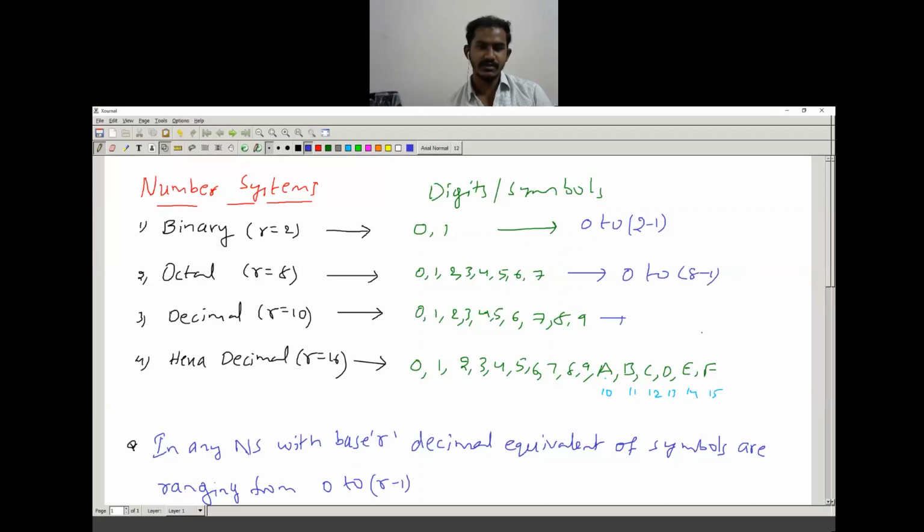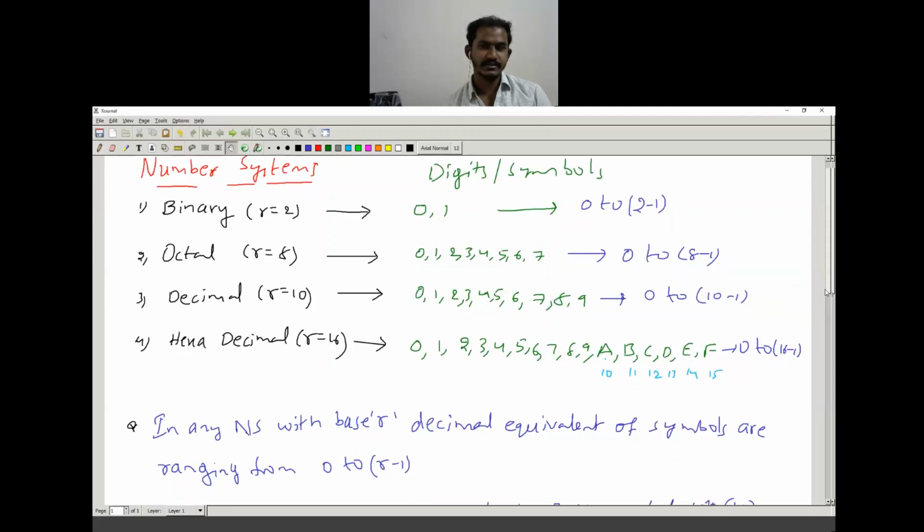Coming to the decimal number system, the range is 0 to 9. I'm writing 9 as 10 minus 1. And here, 0 to 15. So I write 0 to 15 as 0 to 16 minus 1. So here the range is 0 to 16 minus 1. Here we can observe what the range is in the general format. For base 2, the range is 0 to 2 minus 1, that is 0 to r minus 1. For octal base 8, it is 0 to 8 minus 1, that is 0 to r minus 1. In the same manner, if I want to give a generalized relation, you can observe